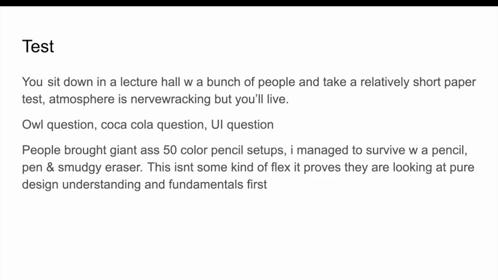That sounds mean. All right, we're going to start with the owl question because it's one of the easiest ones to remember. They gave you the word owl, they showed you a photo of an owl, and they were like, make 4 logos with this concept. Just make 4 logos about an owl. And each one of them would have a different adjective connected to it, like simplistic or elegant or beautiful or something like that.